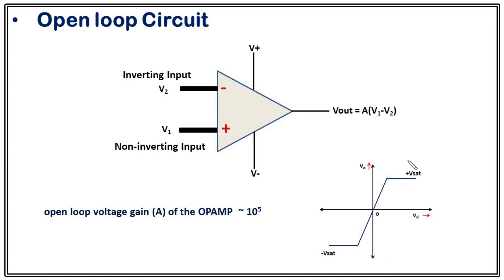This can be used in the case of a comparator. If you want to use this op-amp as a comparator, this kind of open loop circuit is used. But if you want to do mathematical operations such as amplification, addition, subtraction, differentiation, integration, you need to attach some resistance or capacitor depending upon your need. In simple words, if you want to control or tune the gain, you just need to connect a feedback network here.